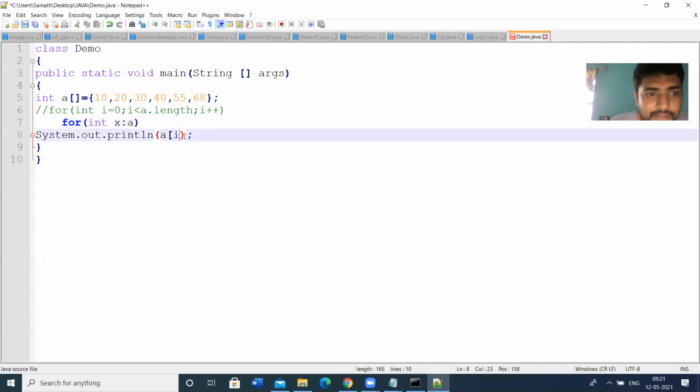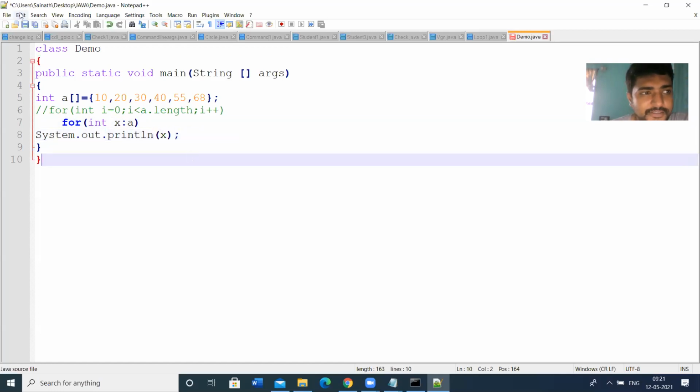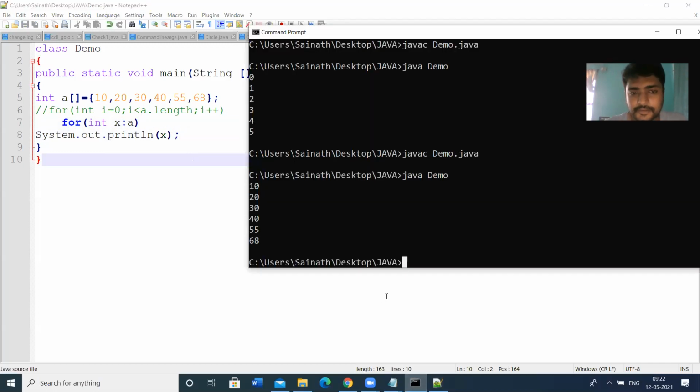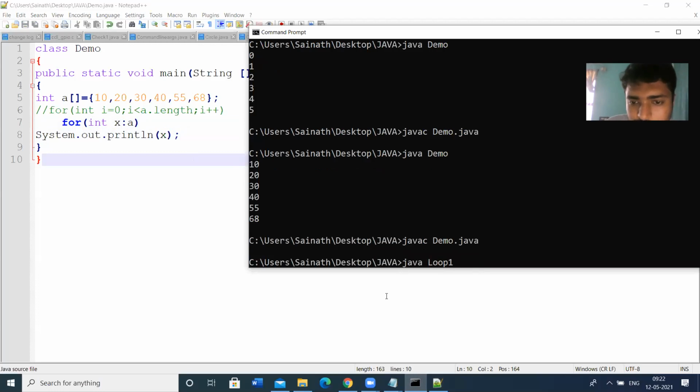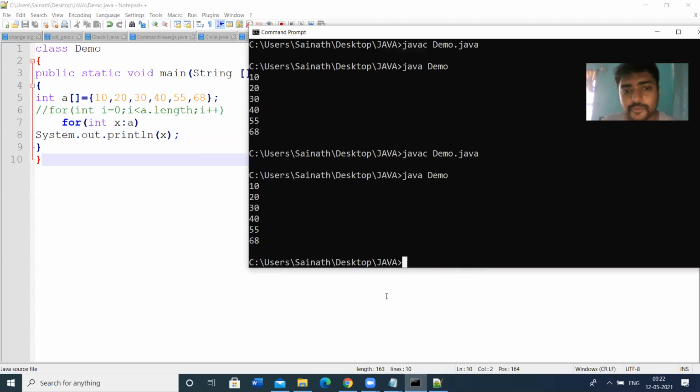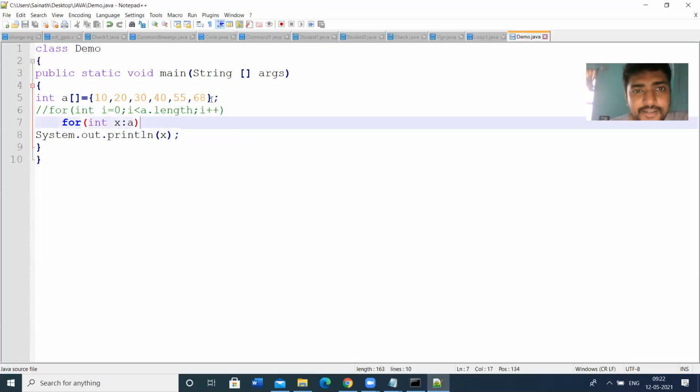And here there is no I value; we have to print the x value. So this is the syntax of the for each loop. Let us check whether this will work or not. javac demo, java demo. So let us see. The output is printed.